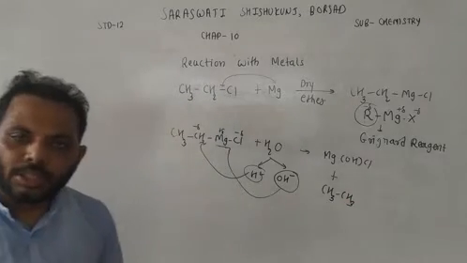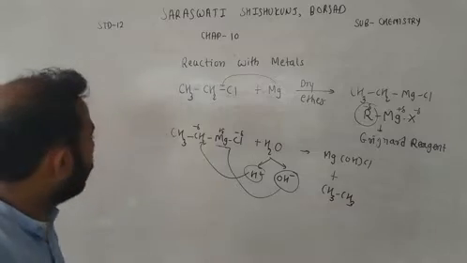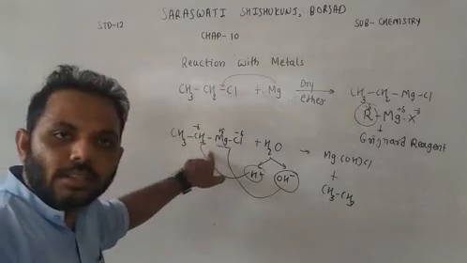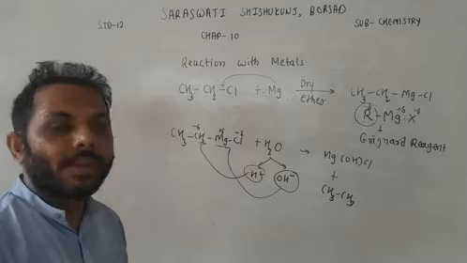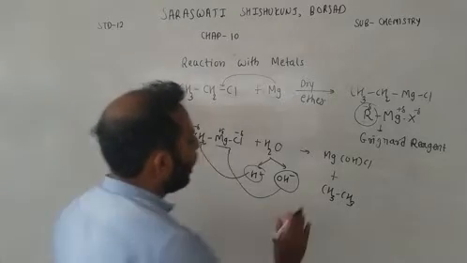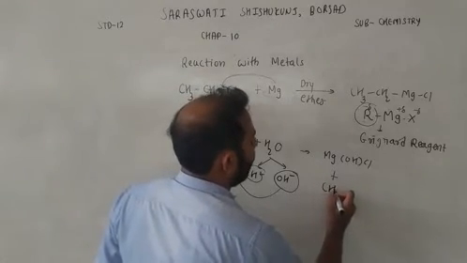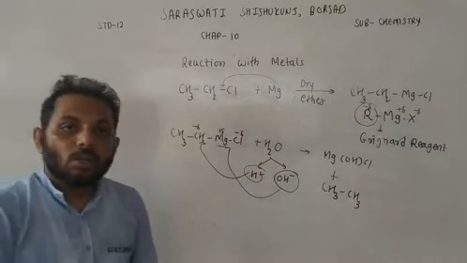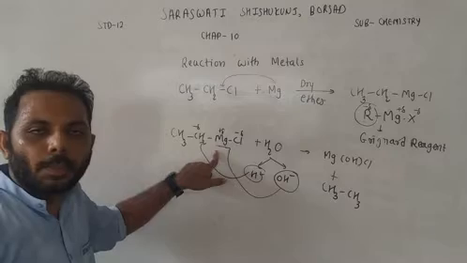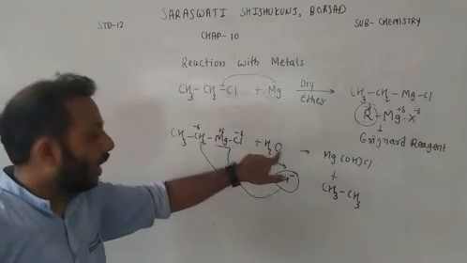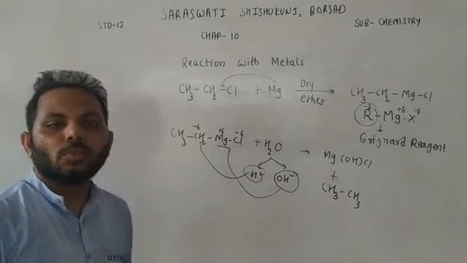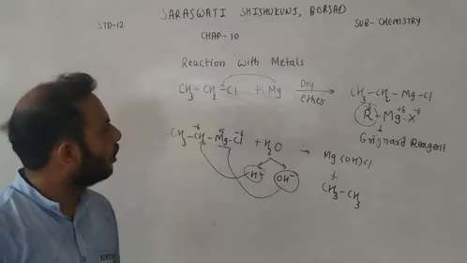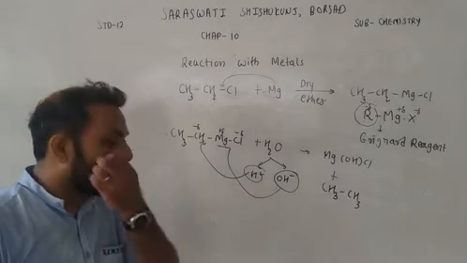So the moral of the story is, if Grignard reagent reacts with water, the main product is alkane. So we will get alkane over here, CH3CH3, this is ethane. So Grignard reagent reacts with water and it will form alkane. So final product is alkane. Okay. So this is Grignard reaction.